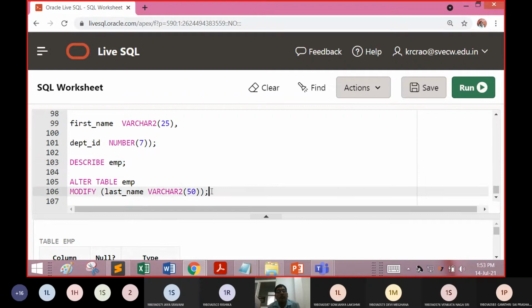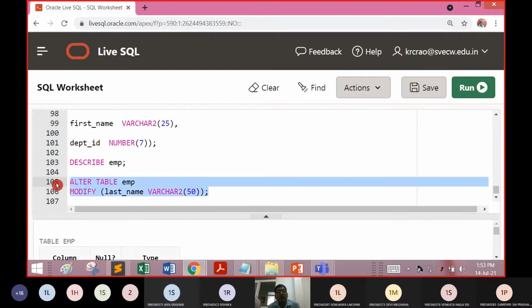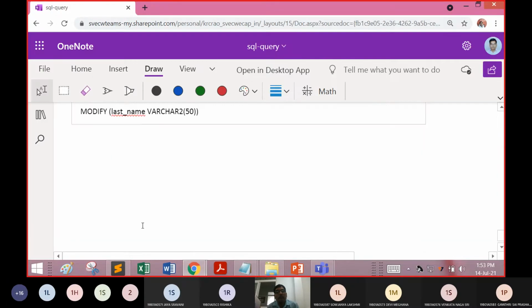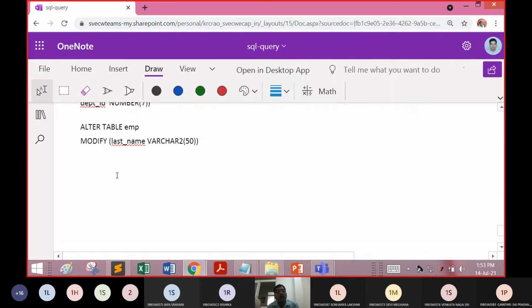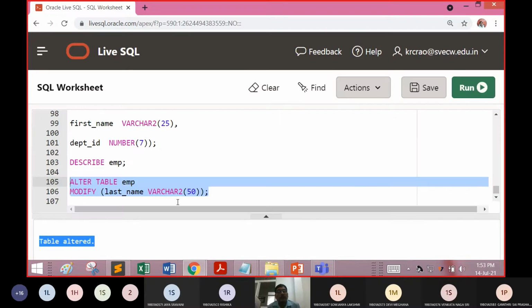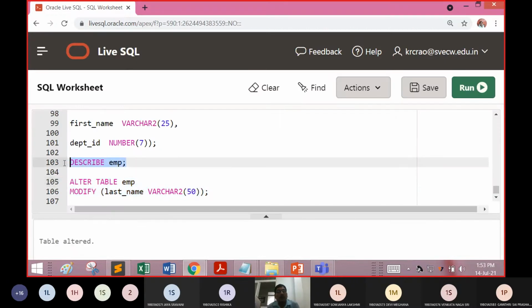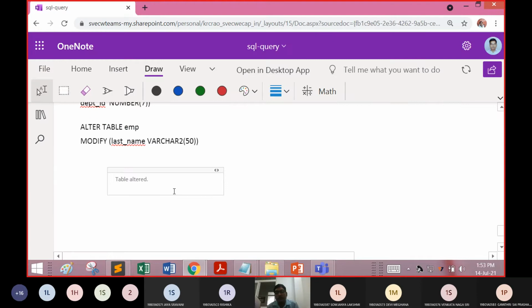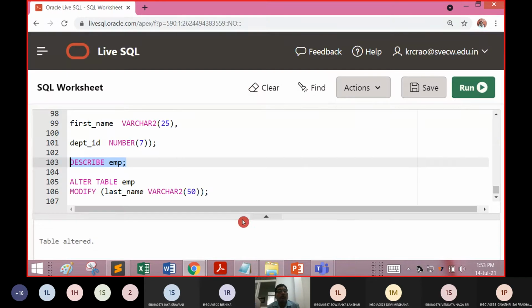Now you are about to hit on the alter table, that is, it was 25, now it will be 50. Now you can see that the table was altered. Then we will take up the command describing the employee table and see what is going to happen.